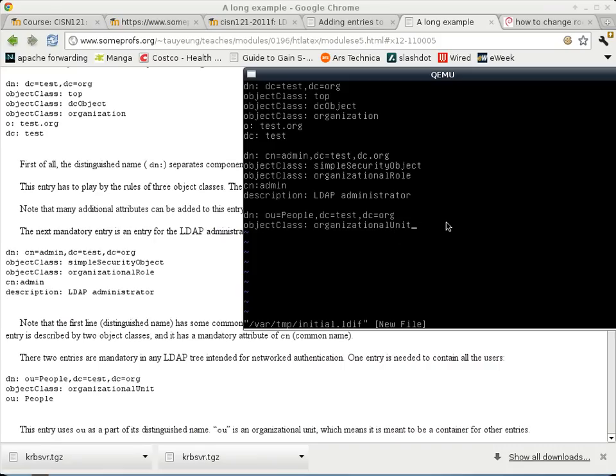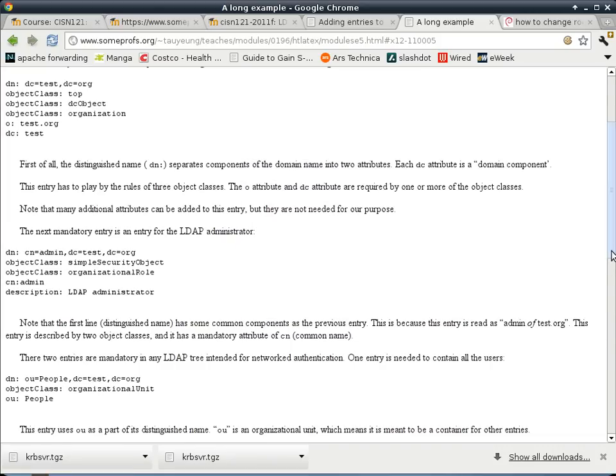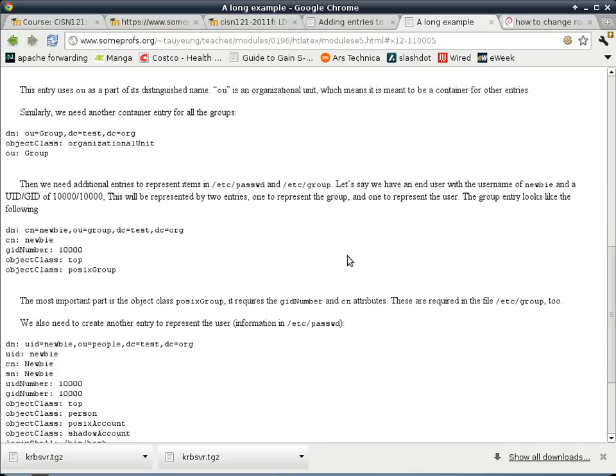Okay, and multiple people, multiple users can assume that role. In other words, in our system, we can see the root assumes the role of admin, but you can also assign additional people to have the role of admin for our LDAP server. Okay, so now we are moving on to